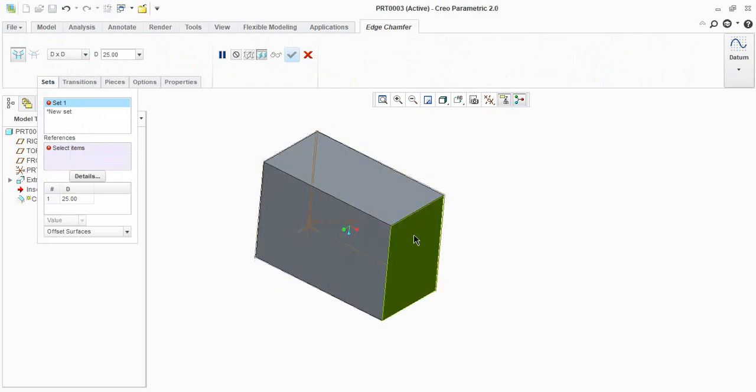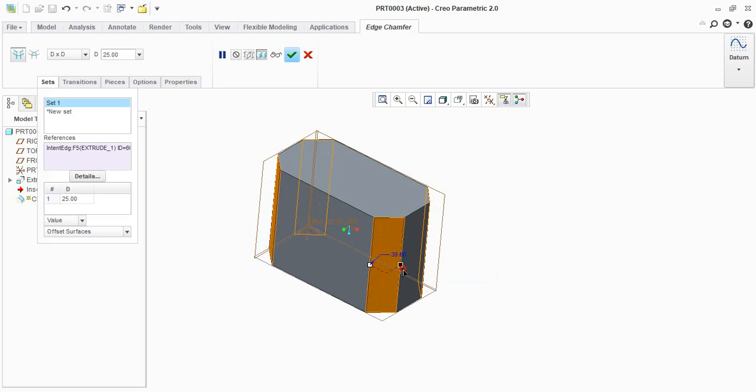If you need to select all these corner edges together, the only thing you need to do is keep your mouse on this corner edge, right click and then left click. So all the four edges will be selected at a time. No need to select all the edges separately; only keep your cursor here, right click and then left click. All the edges will be selected at the same time.